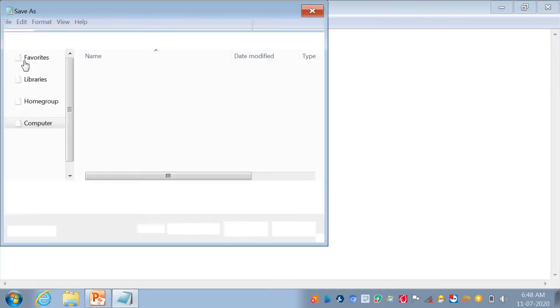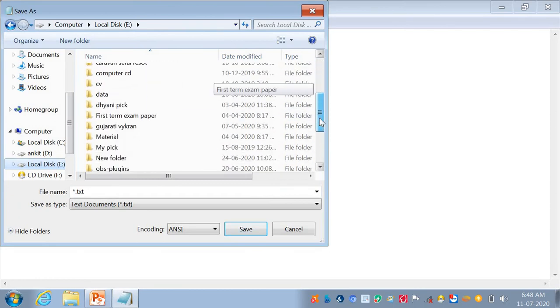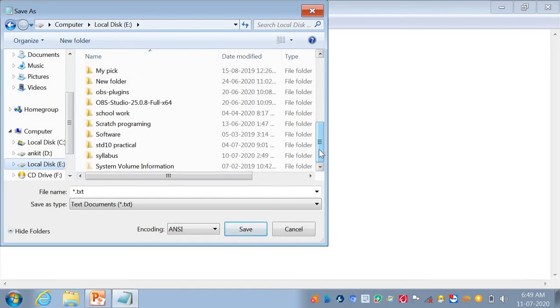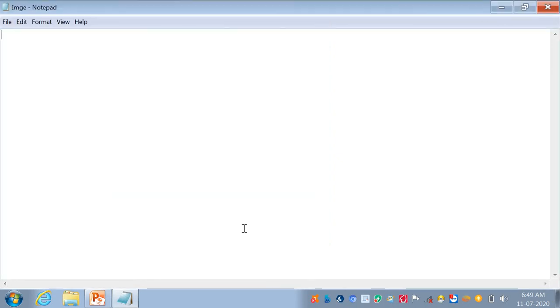We save it in our 10 standard HTML practical. Here I save the file name as image.html.